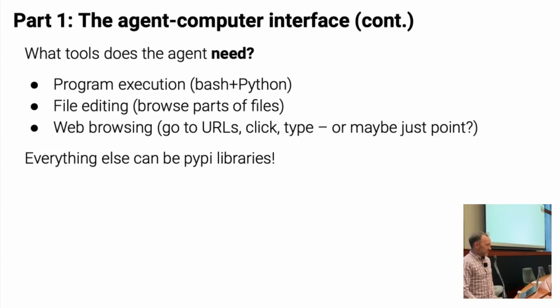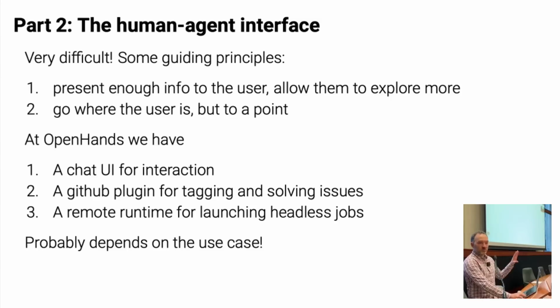The second thing I think about is the human agent interface. So this is like, how do we get humans to interact with agents? I already showed you one variety of our human agent interface. It's basically a chat window where you can browse through the agent's results and things like this. This is very, very difficult. I don't think anybody has a good answer to this, and I don't think we have a good answer to this,